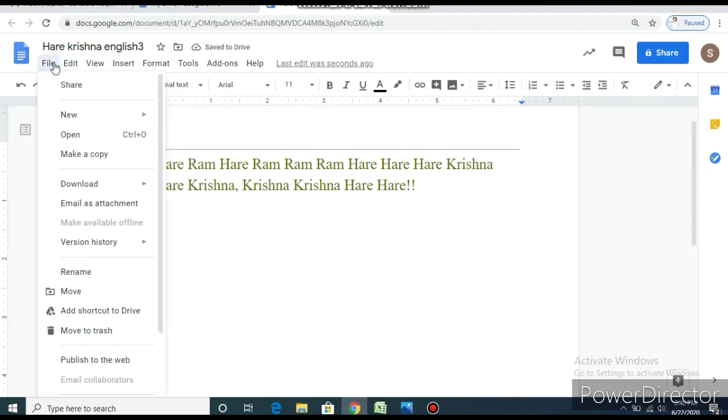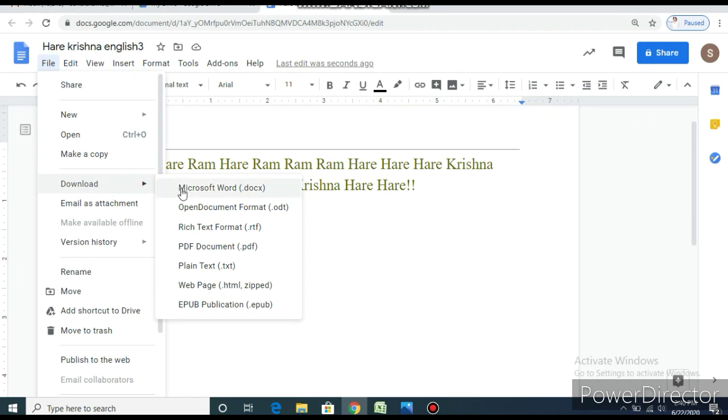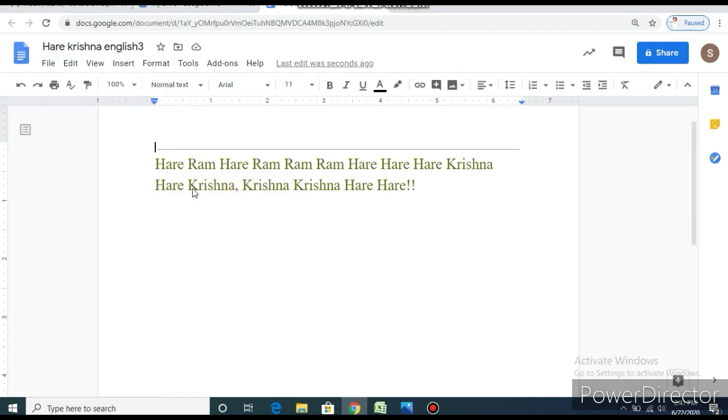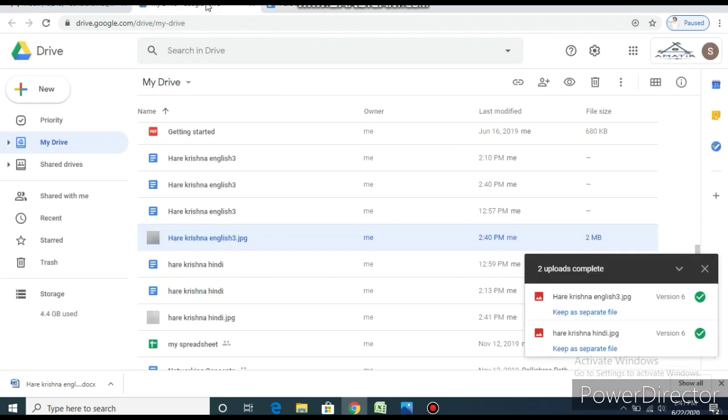and we can click on File, click on the Download tab, and download it as a Microsoft Word document, so that in that document, if you need any formatting or in order to update or edit, you can do it in the Microsoft Word document. At this place as well, if you want to do some formatting, you can do it. By following the same procedure, I can convert my Hindi written document into an MS Word document.